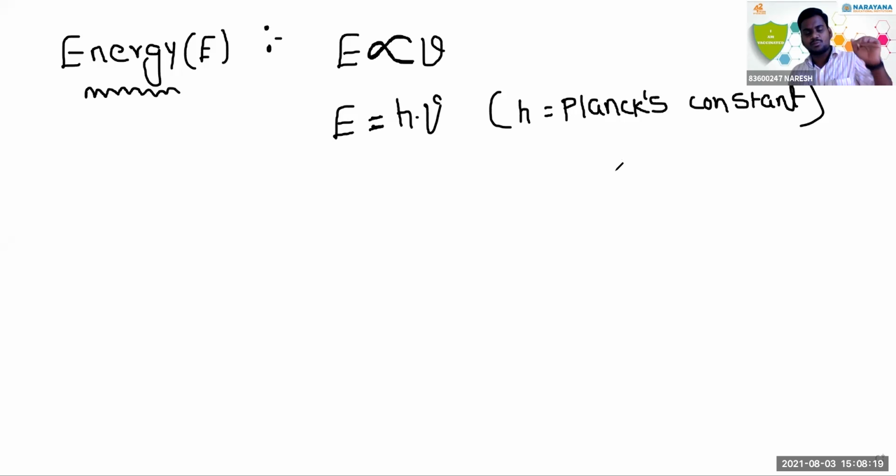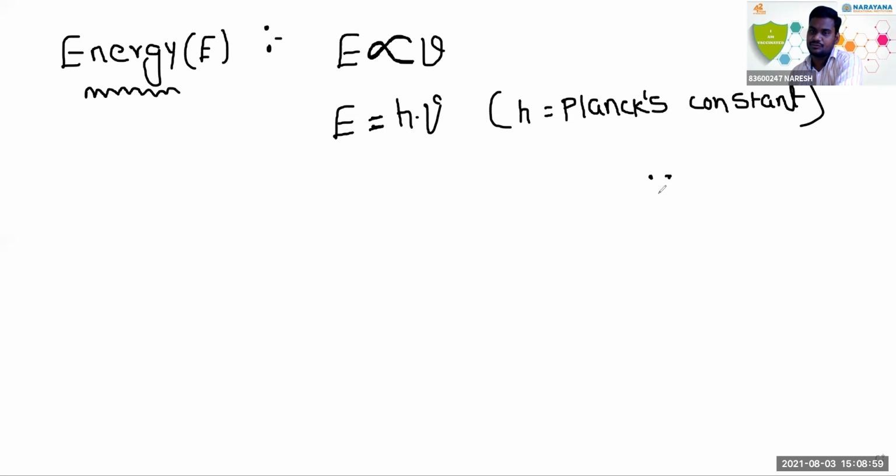See here, if energy is more, for suppose when a light is on, the light can travel in the form of waves. If the energy is more, the frequency increases. So the energy of light is directly proportional to the frequency of light. That is E proportional to nu, E is equal to h nu, where h is called Planck's constant.